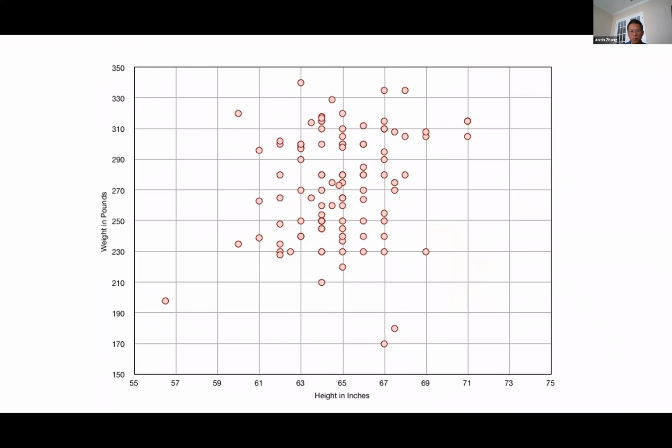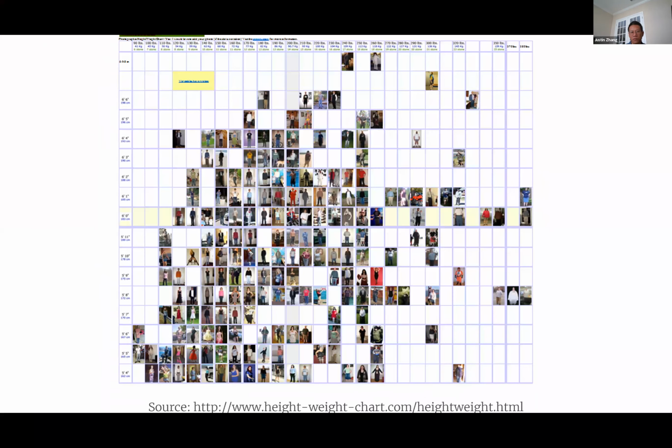So actually a dot plot can be easily used to replace the previous chart to make it easier to read and interpret. A similar example is from this website called